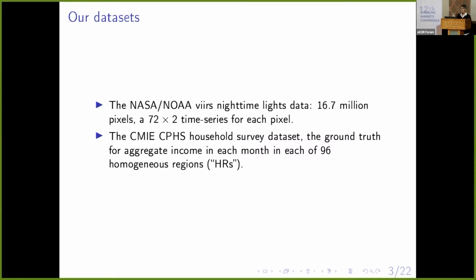Now, usually this would have been a really tough problem if we were just looking at economic data published by state, but we use the CMIE Consumer Pyramids Household Data Set, which is a household survey data set surveying about 170,000 households all across the country, and they get 3 pieces of information about these households in a year. So we can look at that as a source for income data, and what we are looking at is to say, when we look at nighttime lights from the sky, and we see the amount of radiance in a particular region, which we call a homogeneous region, because that's how the CMIE CPHS data set